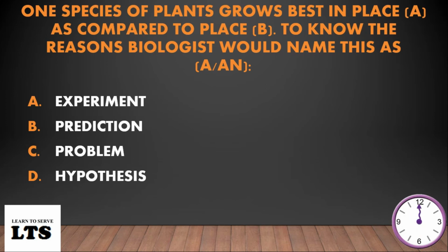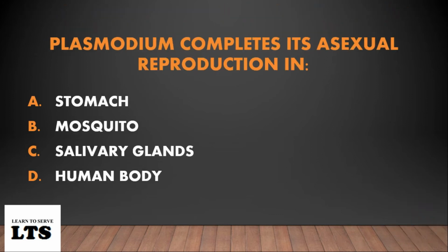The answer is option A, experiment. Next one, Plasmodium completes its asexual reproduction in option A stomach, option B mosquito, option C salivary gland, option D human body. The answer is